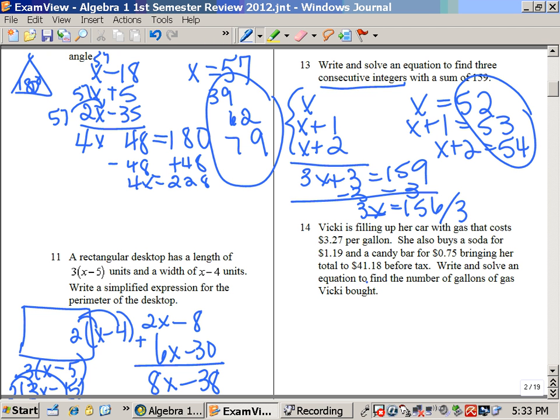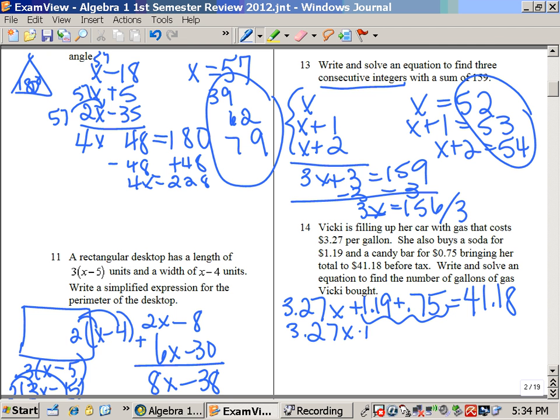Number 14, Vicki is filling up her car with gas. It costs $3.27 per gallon. That's where your x goes. She also buys a $1.19 soda and candy for 75 cents. Her total before tax is $41.18. I need to combine like terms, so 3.27x + $1.94 is equal to 41.18. Then I need to subtract the $1.94,